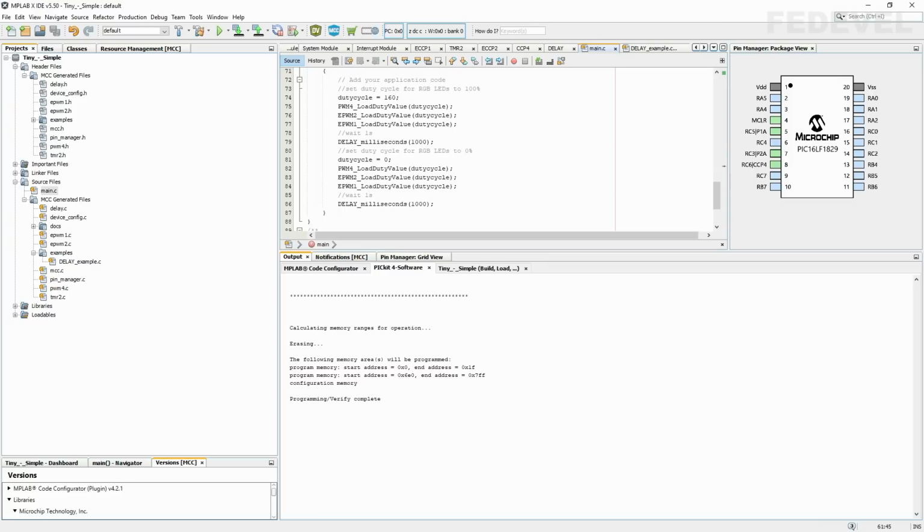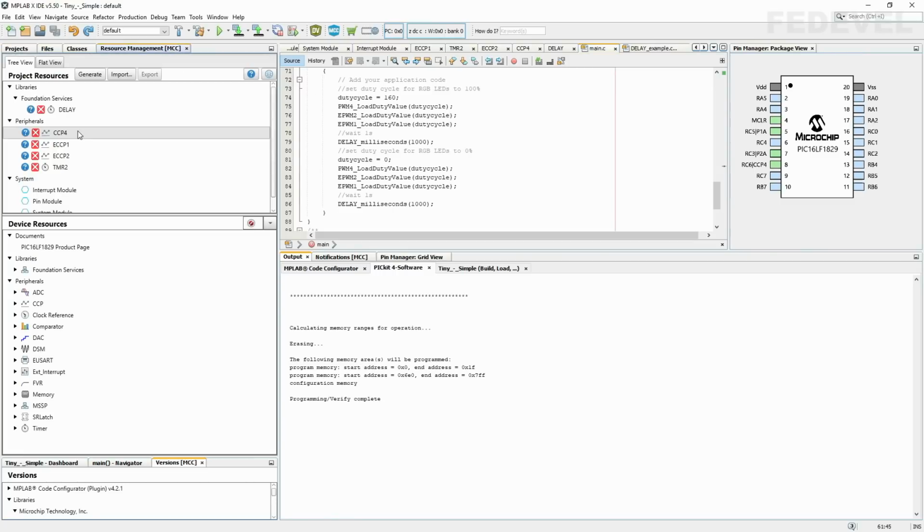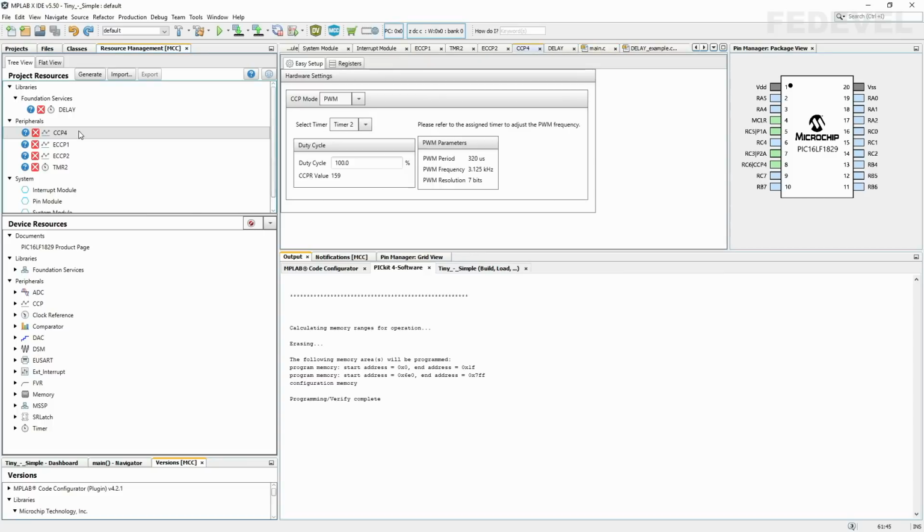Let's go back to MPLAB, and we are going to change this duty cycle from 100% to 10%. Do you remember how to do it? Go to MCC, double-click on the CCP4 module, and in this duty cycle, change this to 10. Enter. This is the number we have to use, 15.